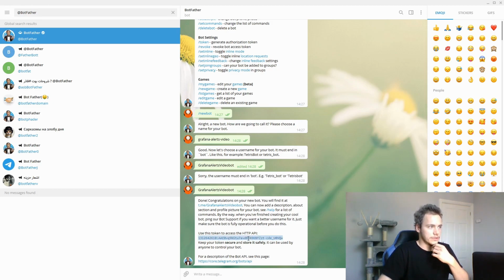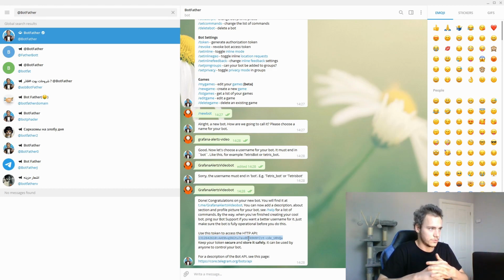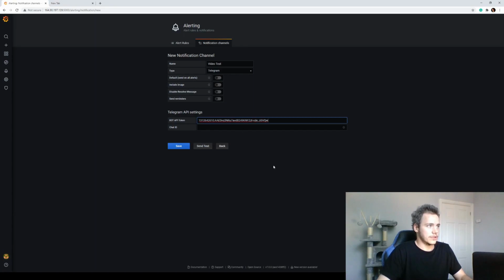So it gives us the API key, and obviously you see this key, and anyone who has the key can control the bot. So just be careful, and store it somewhere in a file or wherever you want. But this is the key, okay? So we can paste that into Grafana,